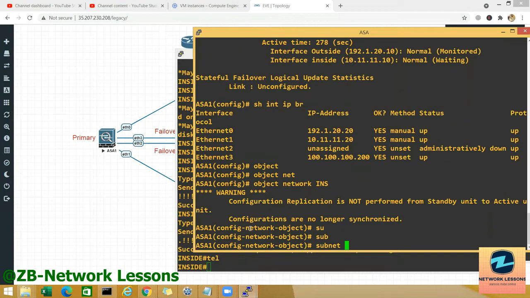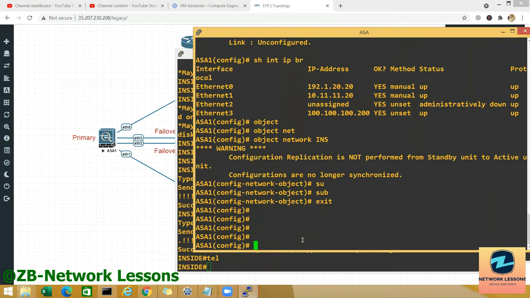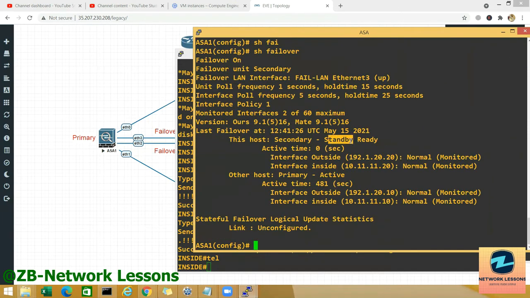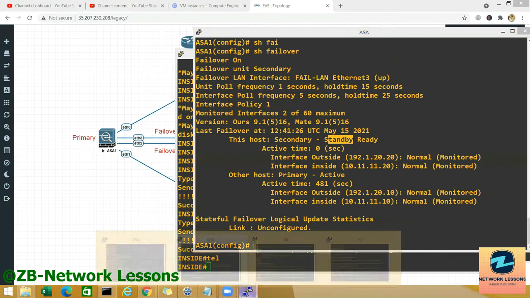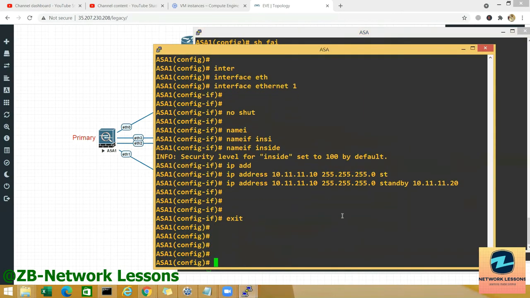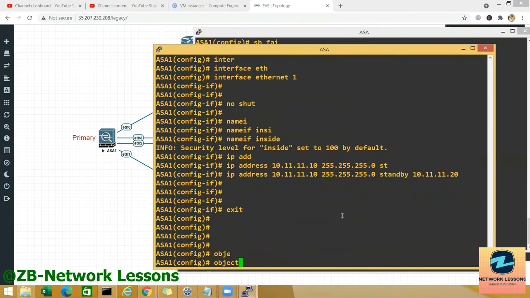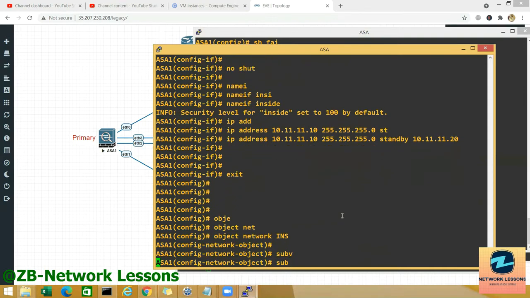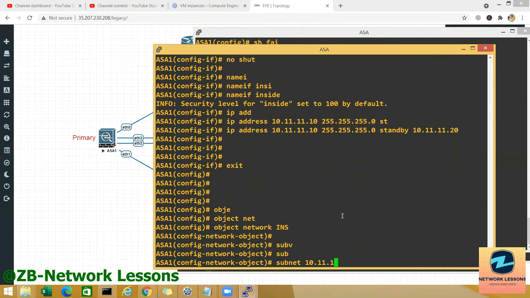Okay, let's do what? Oh, am I on the active one? I think I'm not on the active one. So if I go exit here, and if I say show failover, you will come to know. So this is my secondary, and you cannot do it here. So I'll go on the active. Yeah, this is the one. So if I go here and I say object network INS subnet, for the inside I have 10.11.11.0